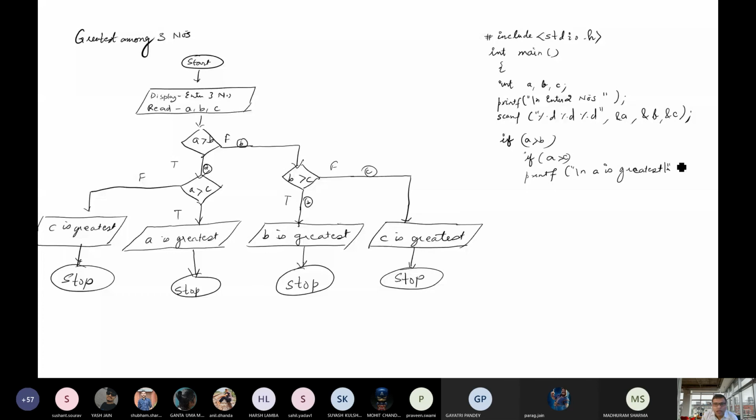Then the true condition of this and the false condition of this. Inner false condition: else printf. This is done. Now I am going for this false condition, printf backslash n, C is greatest.